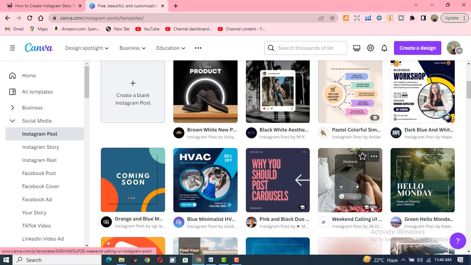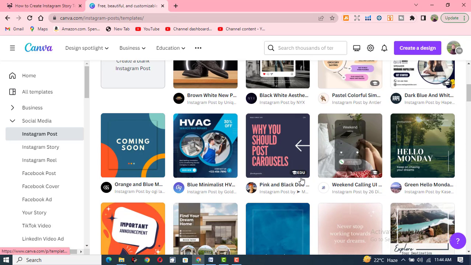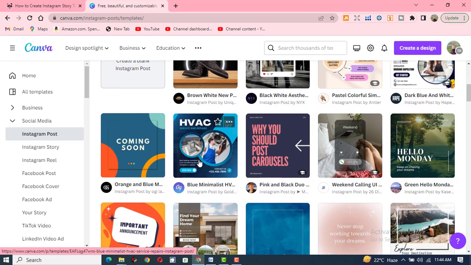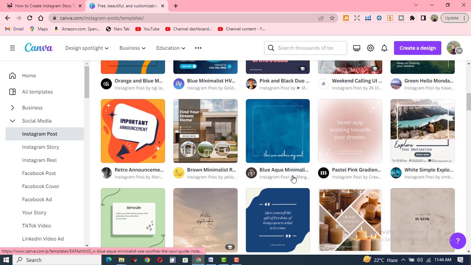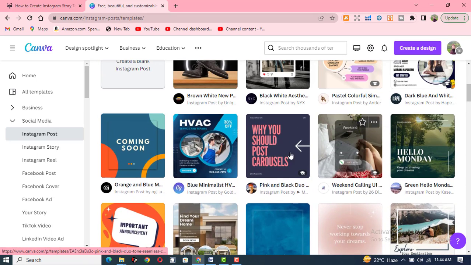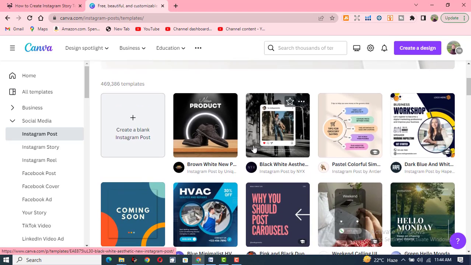You cannot use them freely. These come with a backdrop of Canva. For this purpose, you need to subscribe to the Canva Pro version. But if you don't have it, no need to be worried. You can create a design of your own choice. For example, I want to create an Instagram post. For this purpose, I want to